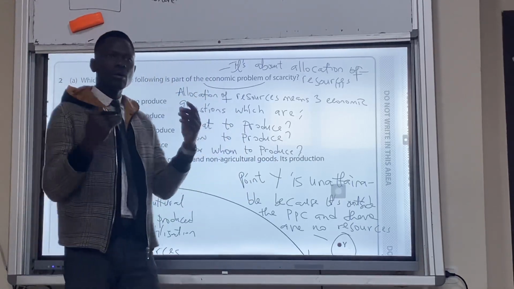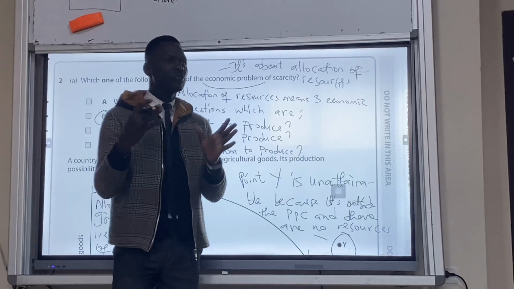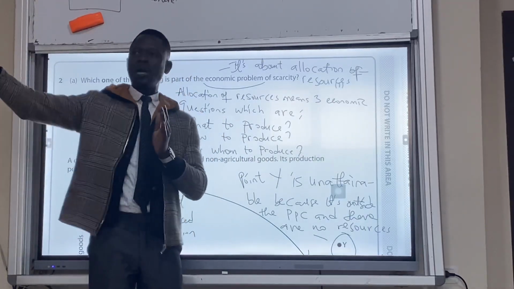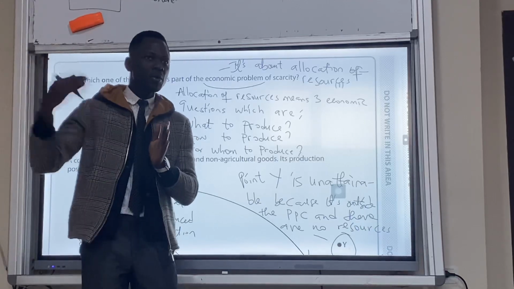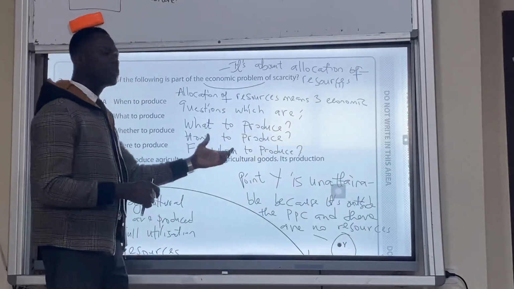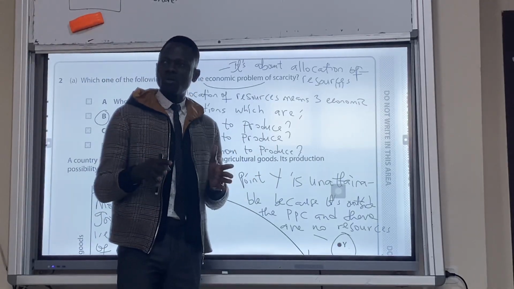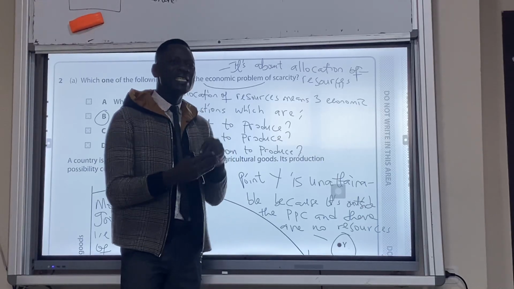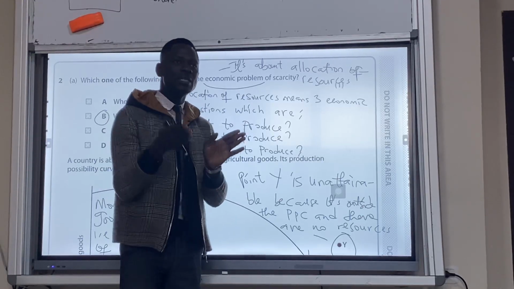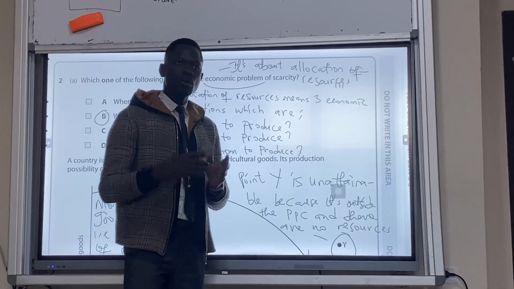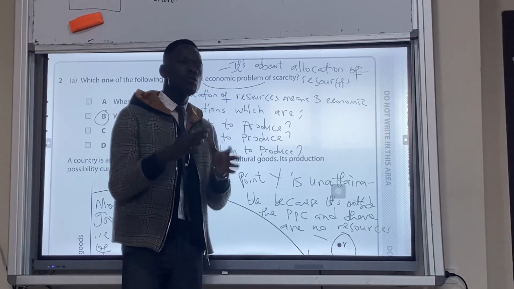How to produce is the process through which we have to get it produced. Are we producing it here in the country, which is Libya, or are we importing it from Turkey or China or America? That is how to produce. Do we get it, please? And for whom to produce? This product we're talking about, who are those that will benefit from it? So these are 3 basic economic questions to solve the economic problem of scarcity. Do we get it? What to produce, how to produce, for whom to produce.